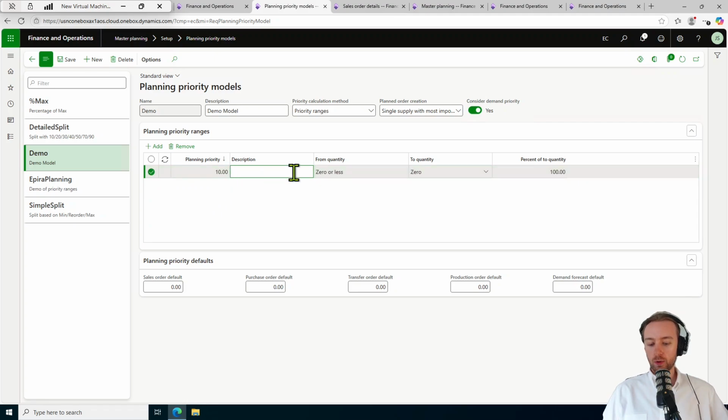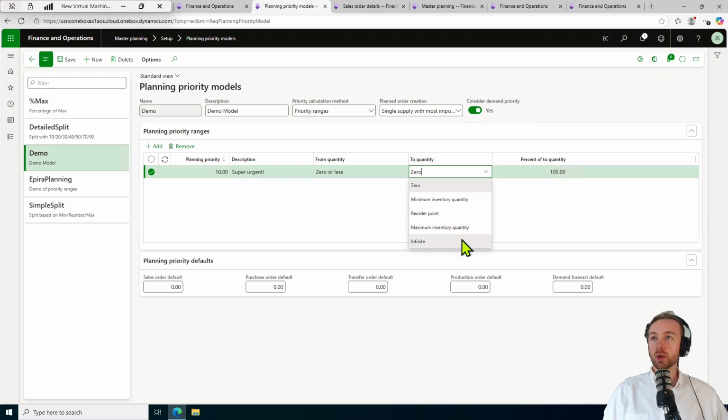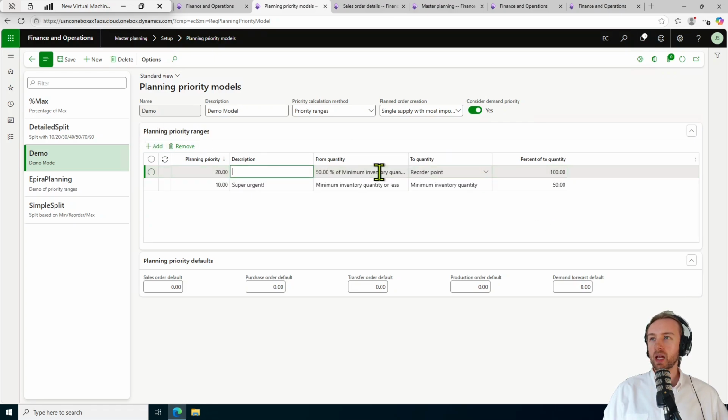Okay. So for example, 0 or less to, and I can choose minimum, reorder, maximum, or infinite. Okay. So this is a really handy, smart page in my opinion. For example, if I want to just choose minimum inventory quantity, okay, I can say 50%, select add, and now the next from quantity automatically created as 50% of minimum inventory quantity with a to quantity